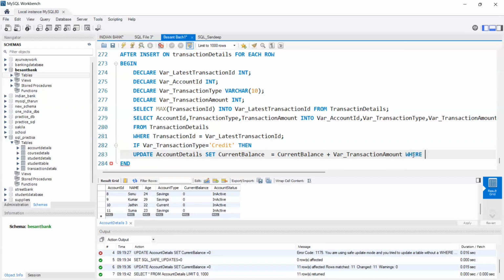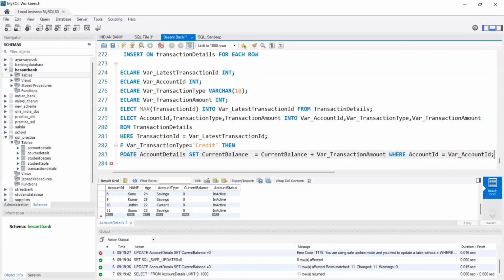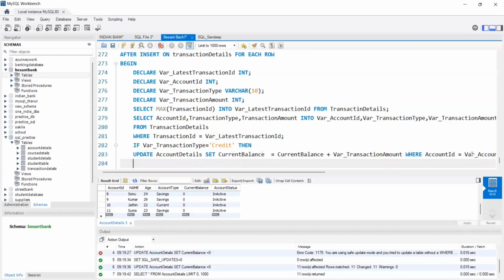Where account ID is equal to variable underscore account ID. I am storing this account ID in the variable. The person who did the transaction, I am storing his account ID in the variable. I will give that variable. If transaction type is equal to credit, I am doing this particular process. Else, if transaction type is not credit, else,